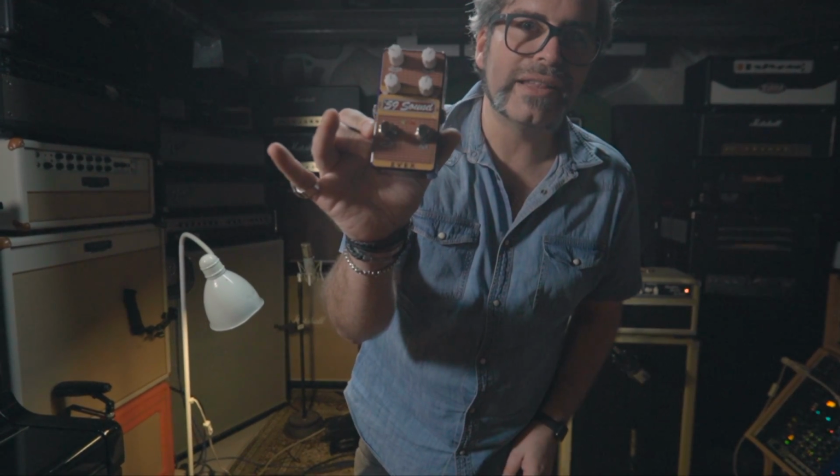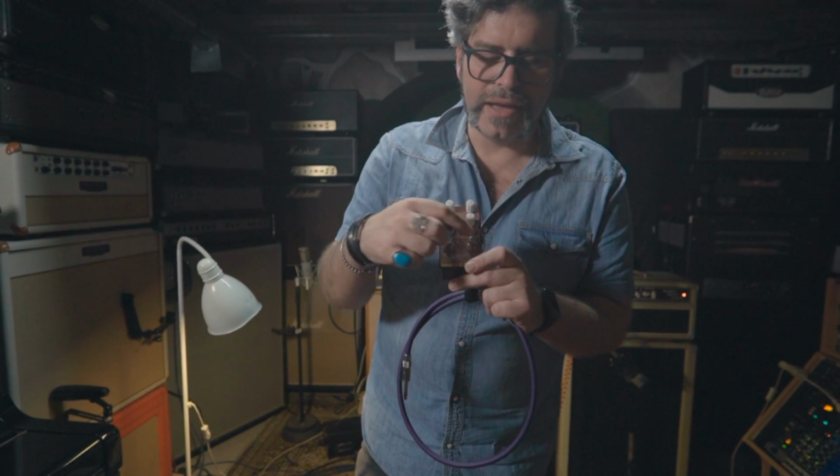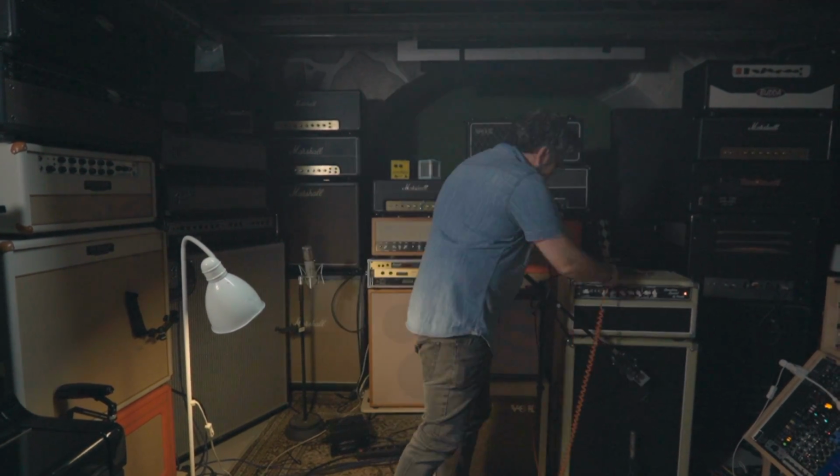Then a really easy thing to do with an amp on the Edge of Breakup, and that's why I like it, is to use another overdrive or a clean boost. This has two sides, just a clean boost on this side and the 59 overdrive on this side. This is a ZVEX 59 sound. I love it. So having the exact same sound without the pedal,